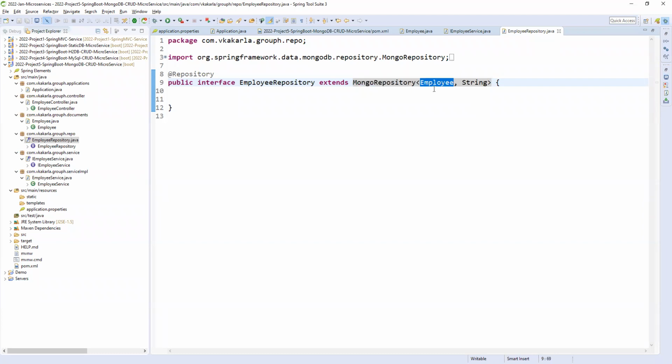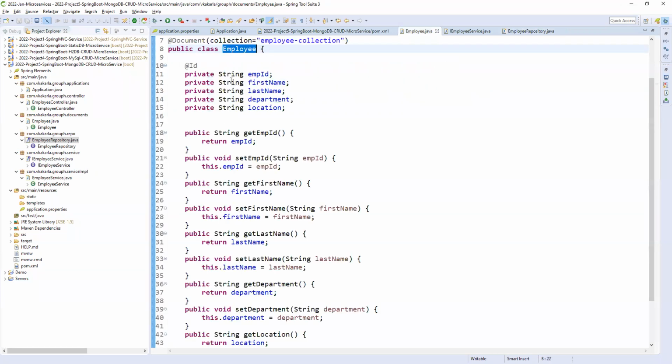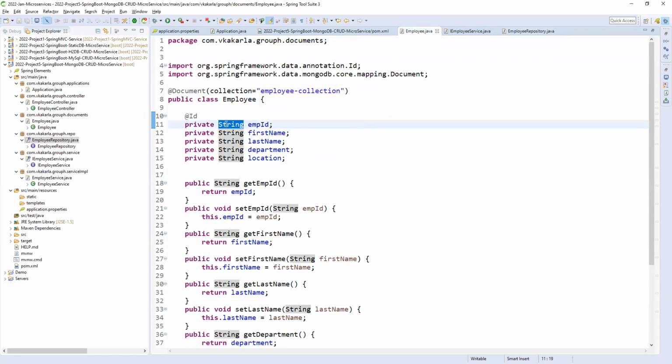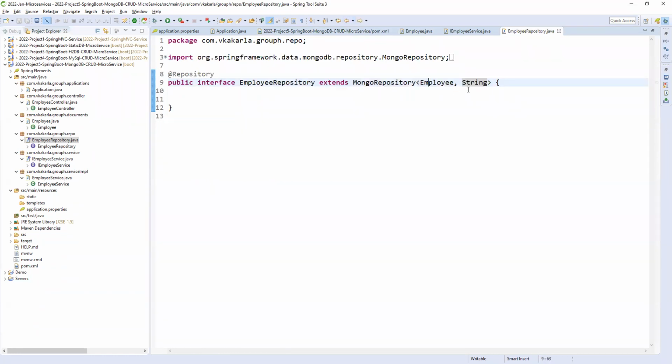You need to give the entity or document here, and the data type of the primary key of this entity. So what is this? This is a string. Employee ID as a string here. So that is the reason we gave string as the data type of the primary key, as well as the entity or document. It will expect that. So fine.